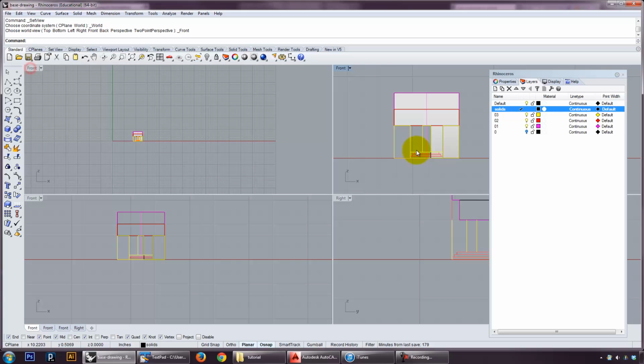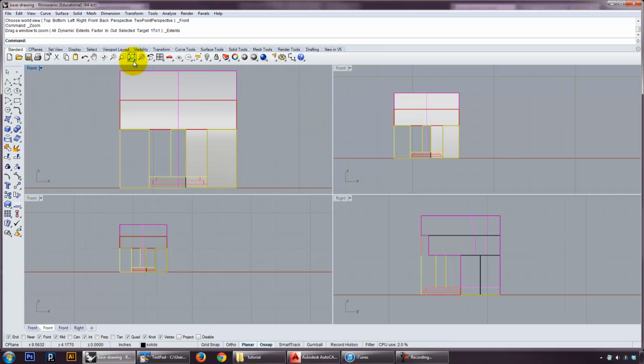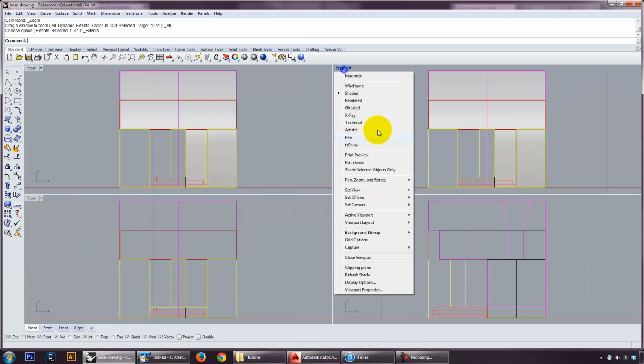You can work on multiple views if you're not comfortable with working in the perspective view as I showed you. This is really handy too. You can say zoom extents or zoom extents all if I right click, and that'll actually zoom all these to the same